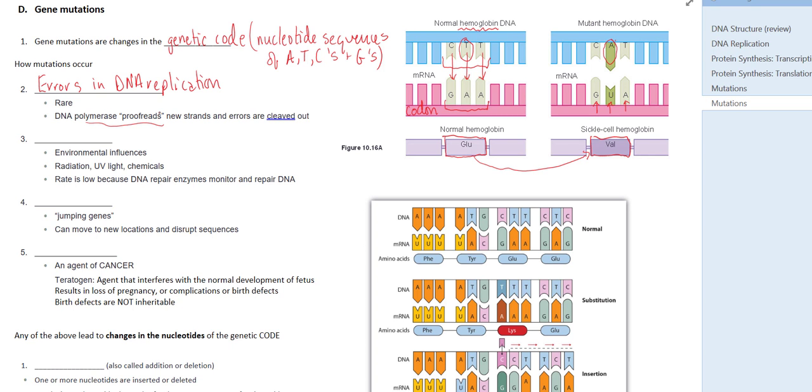But they do lead ultimately to things like this, where a mistake has been made in the genetic code, which leads to an altered protein. Another common way in which mutations occur is through substances called mutagens. All right, so these are substances in our environments, and they can come in many different forms. They can be chemicals that we perhaps breathe in through the atmosphere, or that we ingest through the food that